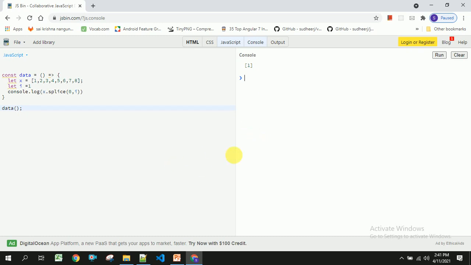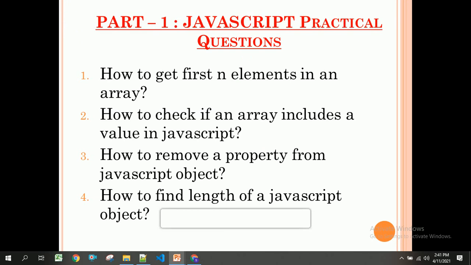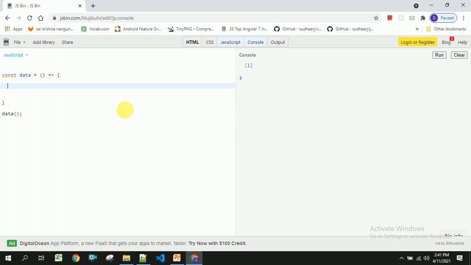Let us see how to do the second practical scenario: how to check if an array includes a value in JavaScript. For this I have created an arrow function and I call this by using its syntax, and I am going to declare a temporary array.